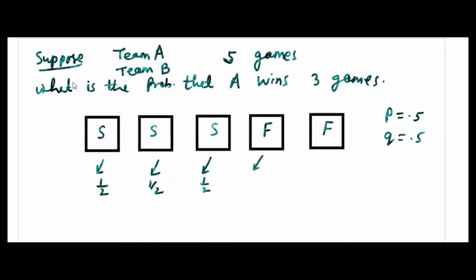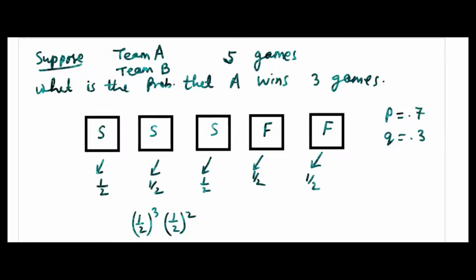Here there is no difference because I have taken half. Suppose you take 1 by 3, or maybe 1 by 5. If you change the probability, the other probability will change. So we will write the success probability wherever there is a success, and the failure probability wherever there is a failure. So you will get 1/2 power 3 and 1/2 power 2. Why am I writing separately? Because if I change this to 70%, 30%, then what will happen? 0.7, 0.3.